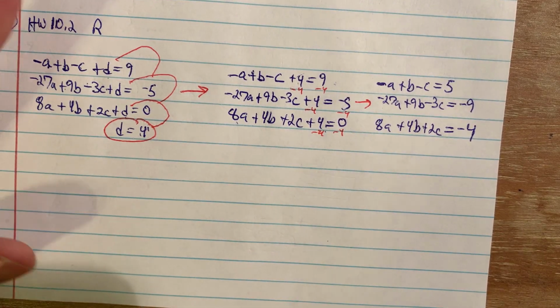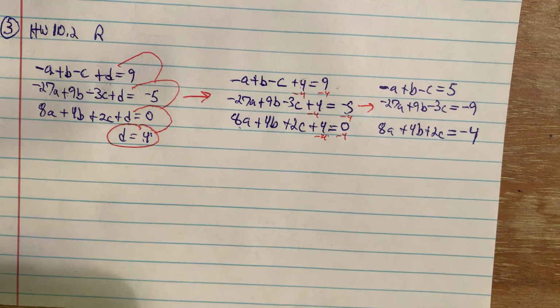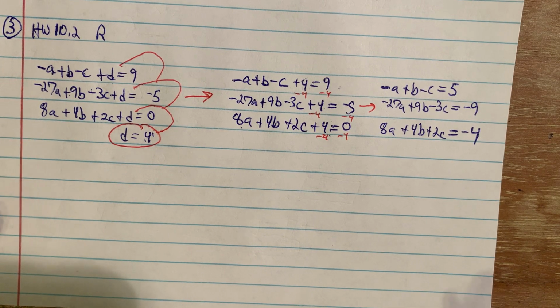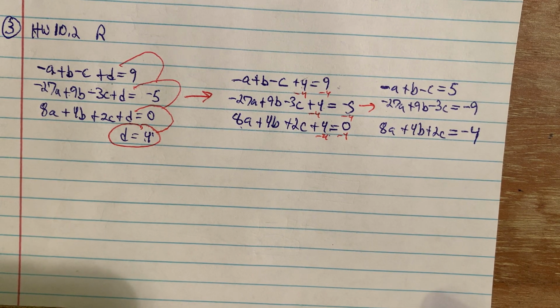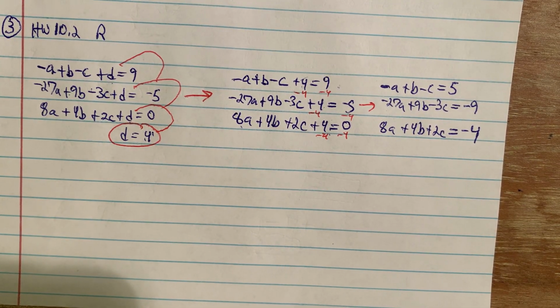All right, now I have 3 equations without any d's in them, right? This is 3 equations with 3 variables. But I don't have any variable solved for. Sometimes this happens where you don't have a variable solved for. And so what you need to do is you need to take one of the equations where it looks easy